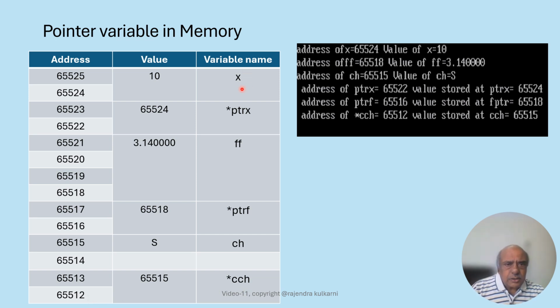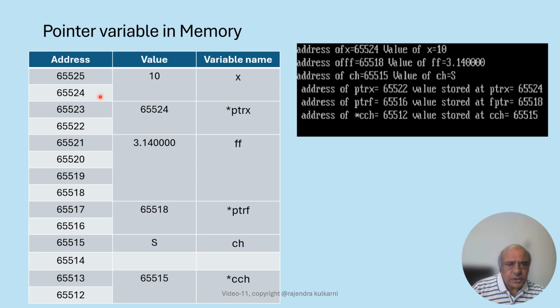x is the int variable, the value assigned to it is 10. It is stored in two locations, 65524 and 25, on my running the program on my laptop. Star ptrx, it is a pointer variable which is stored in memory at locations 65522 and 65523. What does this ptrx hold? The value stored in ptrx is 65524, which is the address of x. So 65524 points towards the location in which